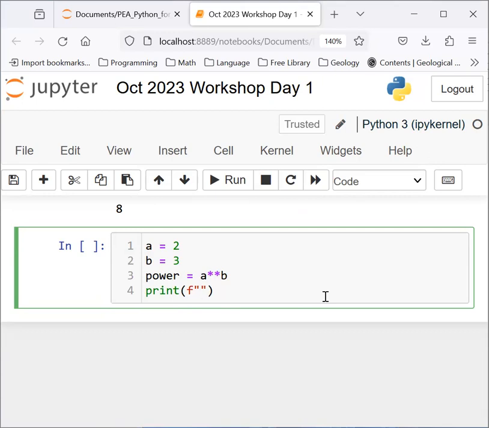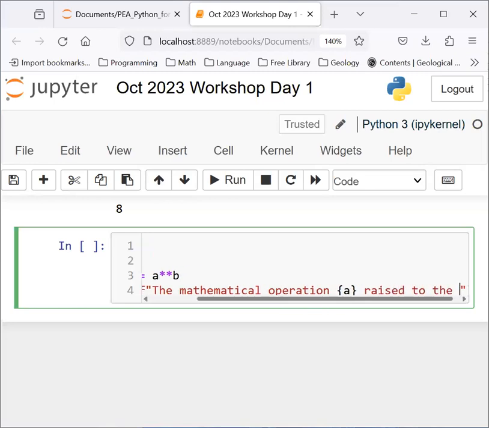And here I can write this: the mathematical operation A raised to the power B results in